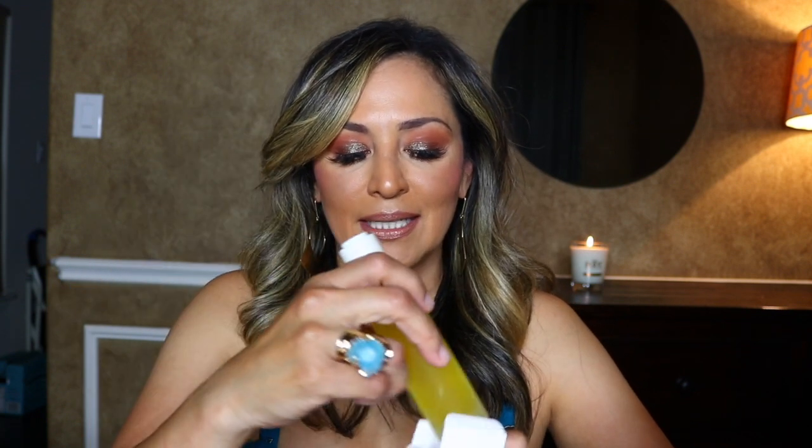I've used this probably about 3 times so far, and I really like it. Initially, when I purchased it, I thought the product wasn't coming out like it was supposed to. Sorry about the thunder. And when I took it back, she said no, you're only supposed to get a little amount of product because it's such a strong oil that you don't want your hair to turn out greasy. So they said, just put whatever comes in the dropper in your hand and use that for your